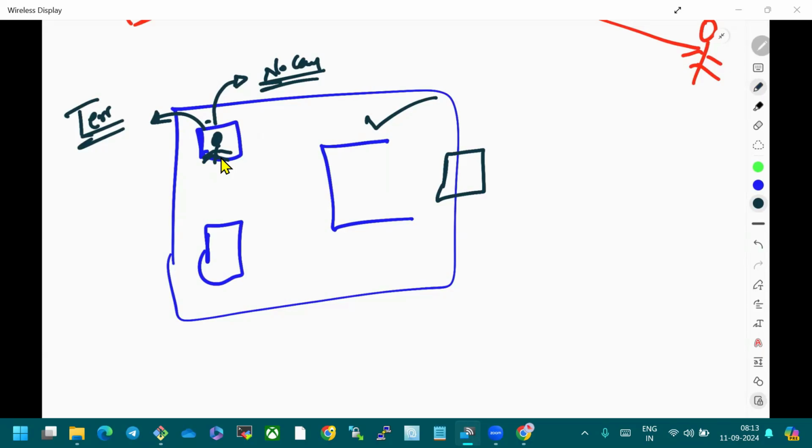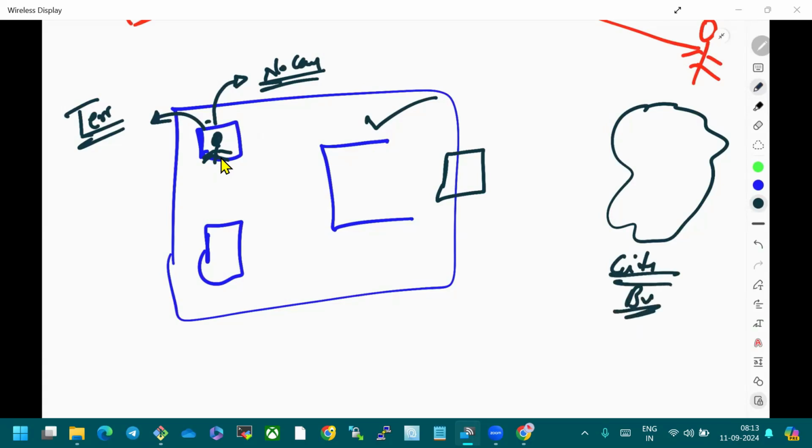Now what he wanted to do, he wanted to come to your outside world, to the city, to buy something. He wanted to come out. So if he directly comes out, what happens? Police are going to catch him and put him in jail, right? That is what happens.